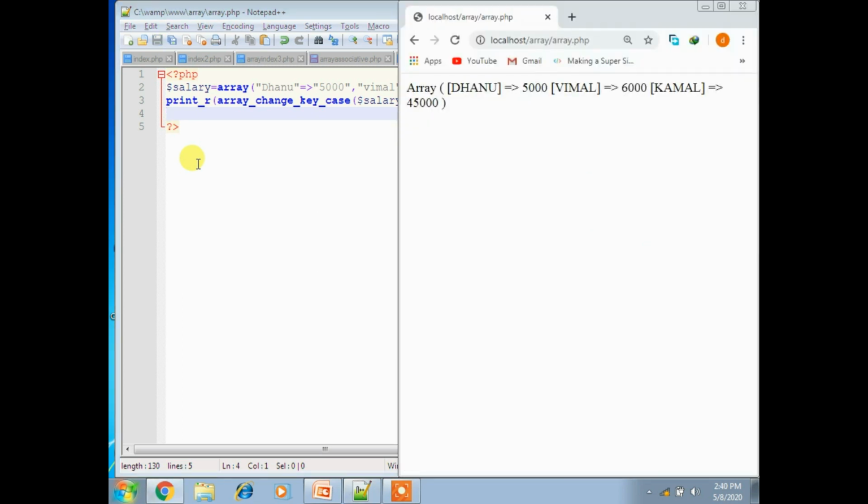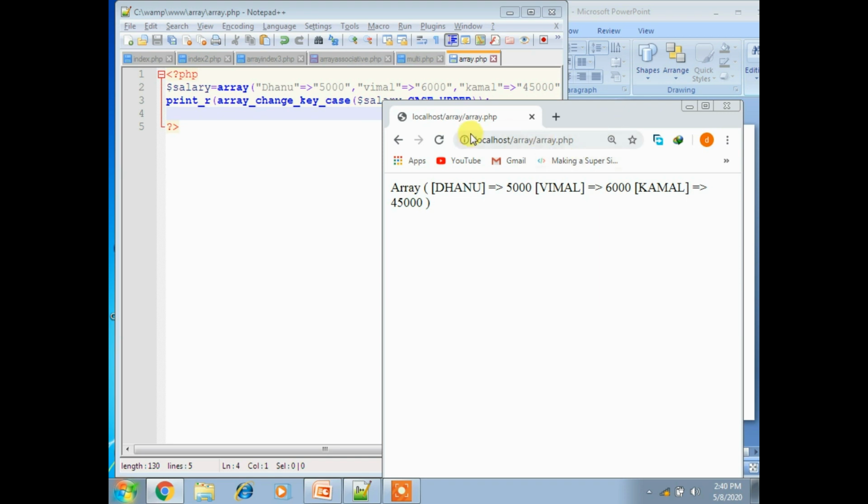You will get whatever the values I am giving, that is Dhanu and Vimal and Kamal, which is all in small case letters. So here we are using one function called array_change_key_case function, which changes the case of all keys of the array. So it changes the case of key only. The value won't change, only the keys will change.